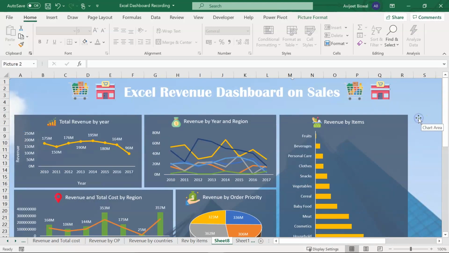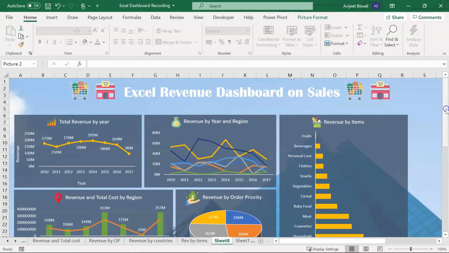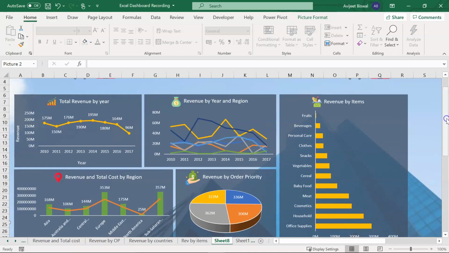Alright, so the next thing is to add slicers and timelines to our dashboard. Now slicers are used to filter your data based on a particular column. Suppose if you want to see revenue by certain items, you can add item as a slicer and you can view the entire dashboard. Similarly, for timelines you can add date columns. So if you want to see what was the amount of sales or revenue generated on a particular year or a particular month, you can do that using a timeline.